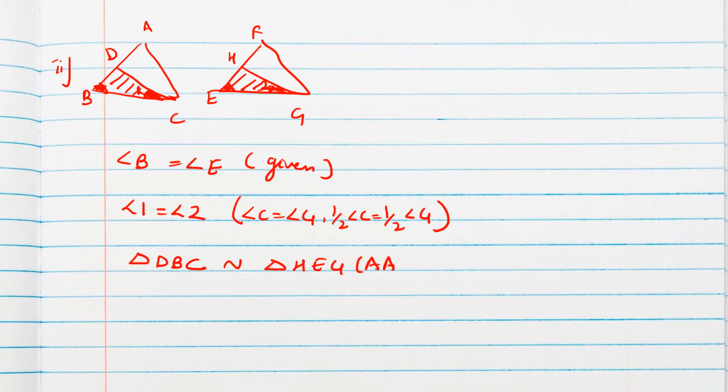Okay, same criteria we can use in part 1 of the same question. Okay, there I proved by using SAS criteria, we can use AA criteria too, and for this part, question 2, also we can use SAS criteria because these two sides are equal. Okay, and this will be half of the AB, and AB and FE are equal. This angle is equal, so SAS criteria also we can use here.